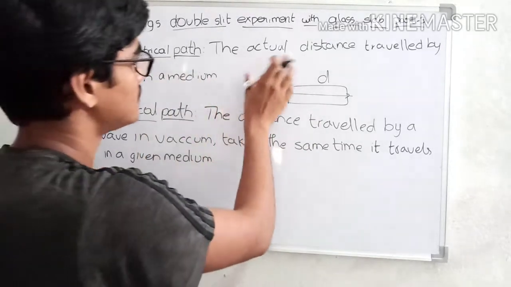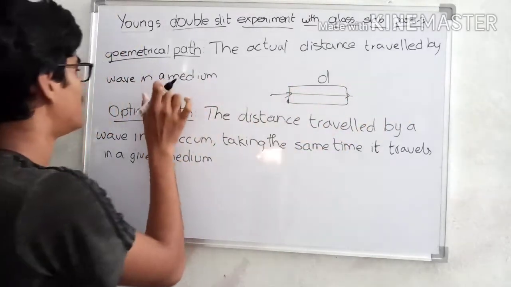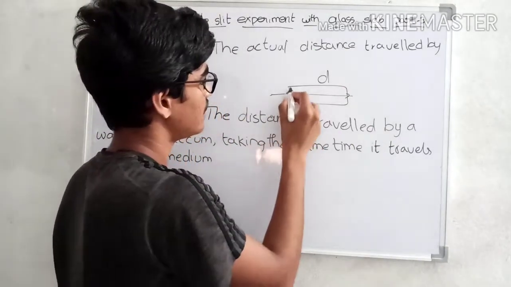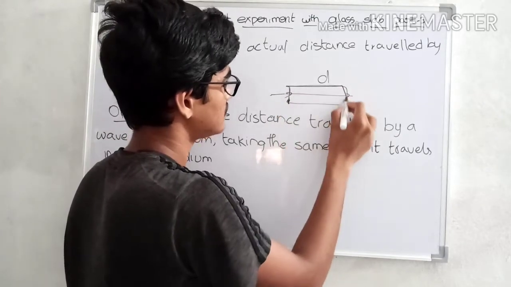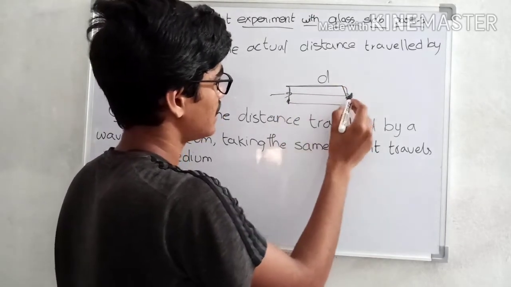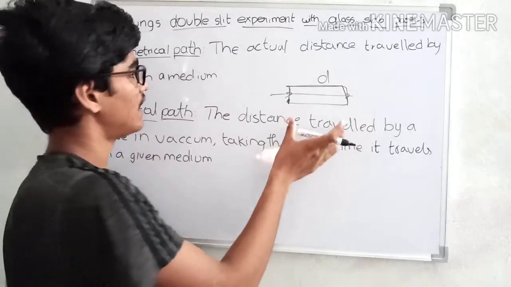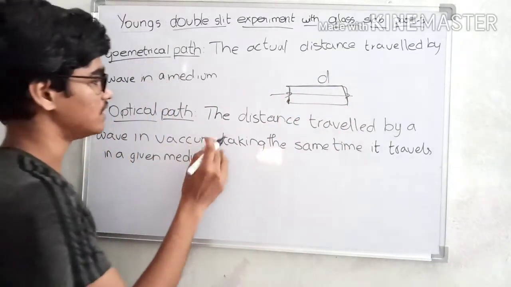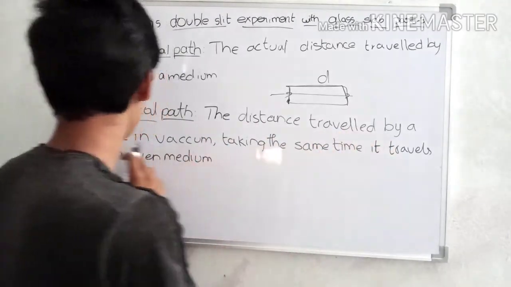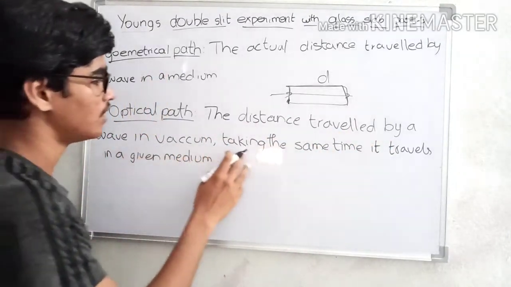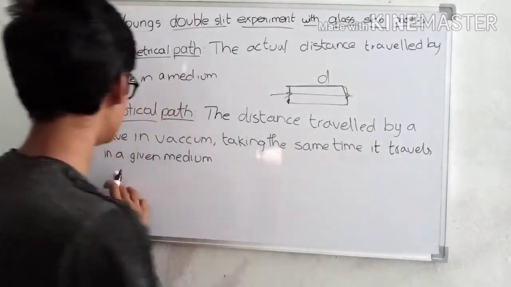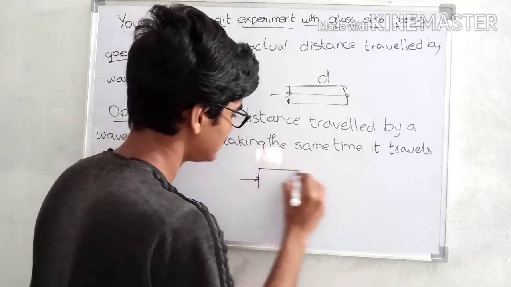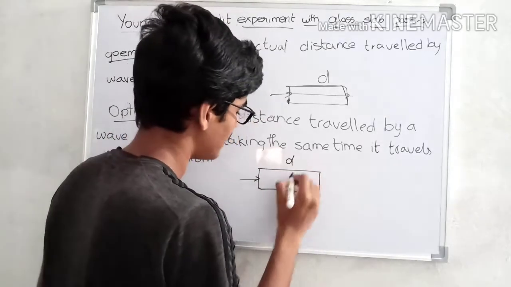Geometrical path is the actual distance traveled by the ray in a medium. That means if a ray passes through a slab of length d, then the geometrical path covered by the ray is d. And optical path means the distance traveled by a ray in vacuum in the same time it travels in a given medium. That means if a ray travels in a glass slab of length d,